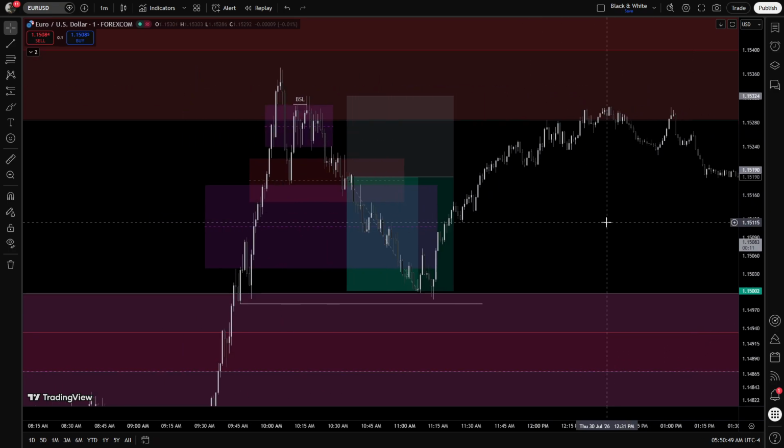Although this is not my A plus setup, this is something that I traded because of what the market was respecting and what it was not respecting. This is not my A plus setup. You can call it an A setup. My A plus setups are very much different, and those A plus setups don't really include 1 minute time frames. But I think it's much better to start trading in the 1 minute time frame rather than 15 minute, because